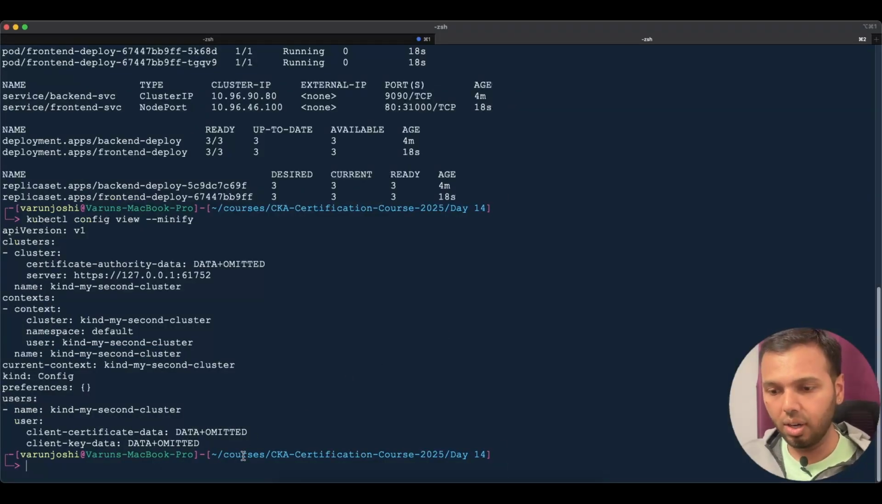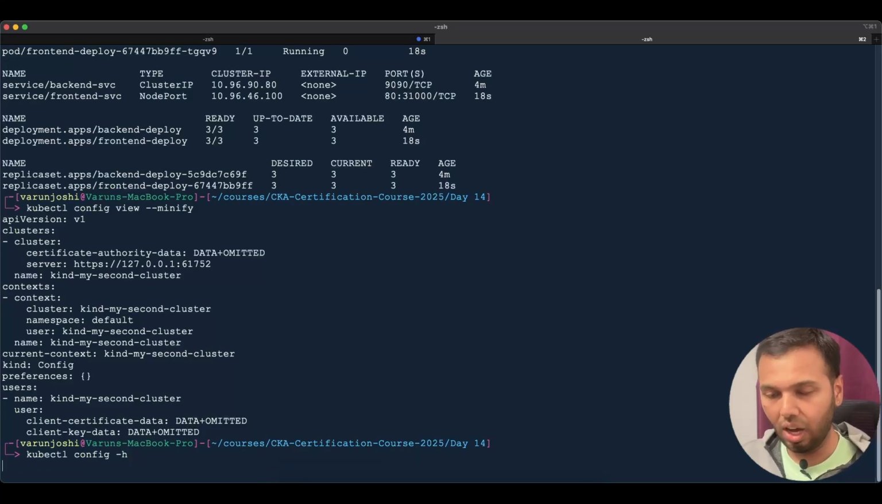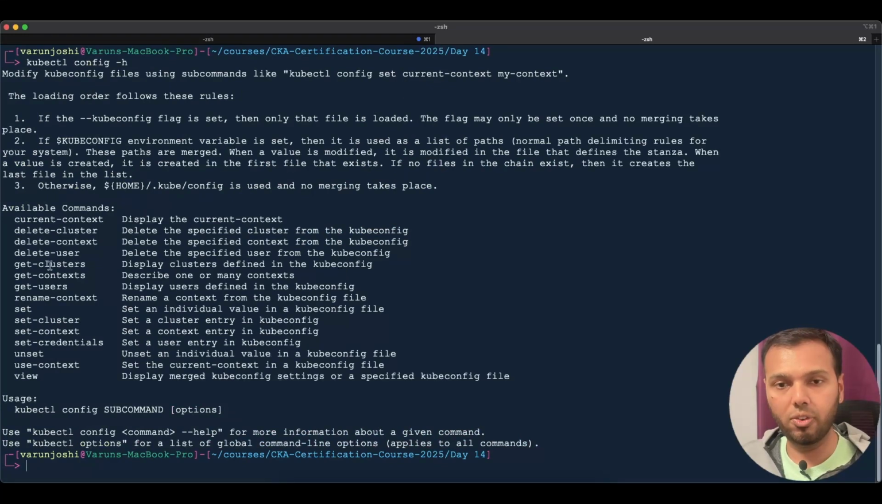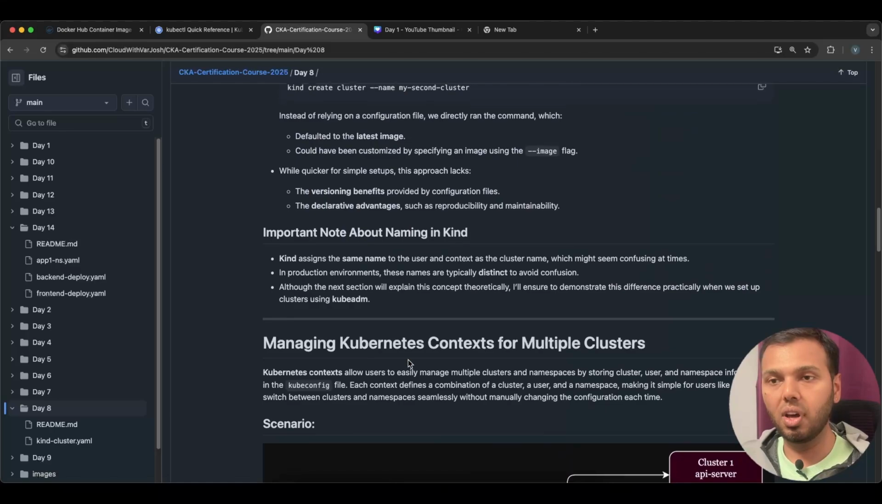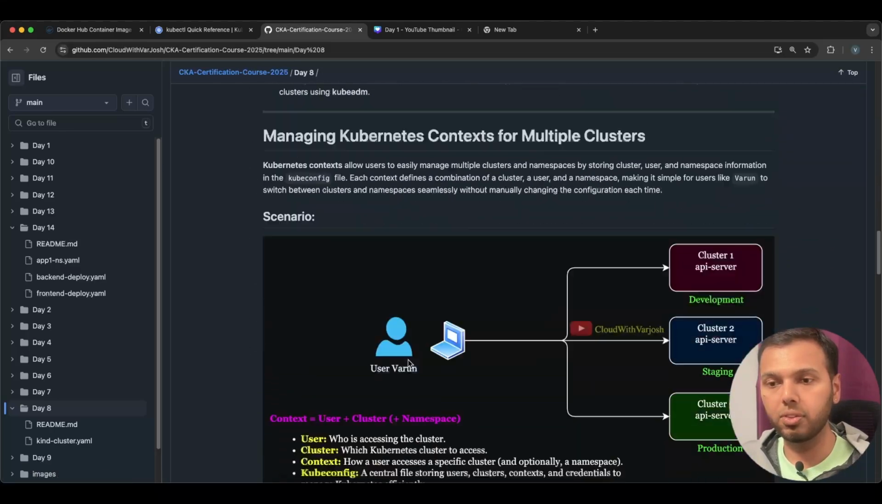What we'll now run is kubectl config set. Let me show you -h. What are the options here? So what we will do is we'll set the context, config set-context. We'll say the current context, the namespace that you should be using is app1-ns. Here we are specifying the namespace, but if you want to switch contexts, you should refer to this GitHub repository,